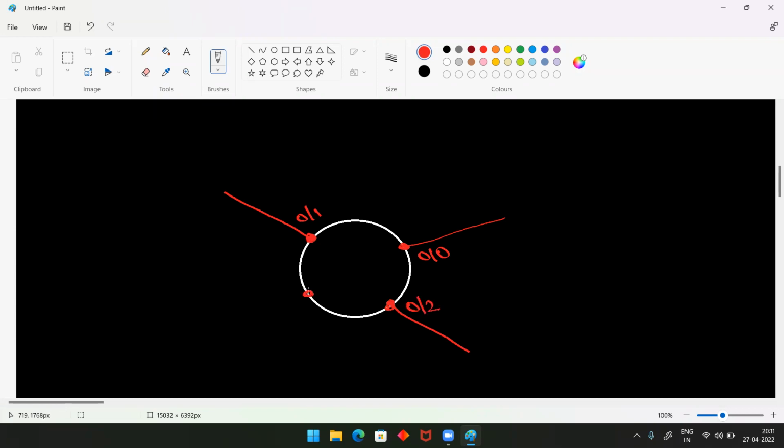Assume it is the 0/3 interface. Assume like this. In this router, we have 4 interfaces now: 0/0 interface, 0/1 interface, 0/2 interface, and 0/3 interface. So in the 0/0 interface, I can configure one IP address. Suppose here now,